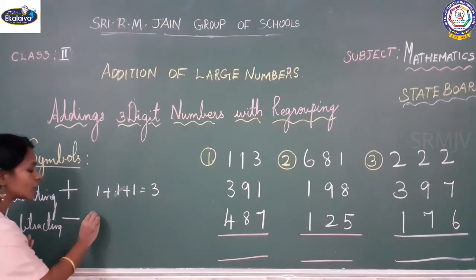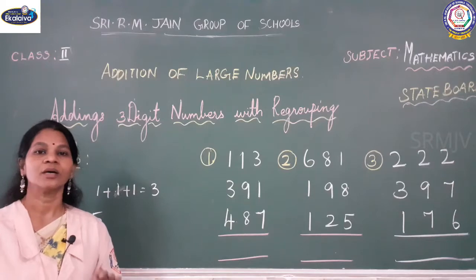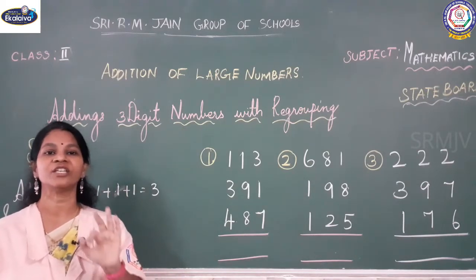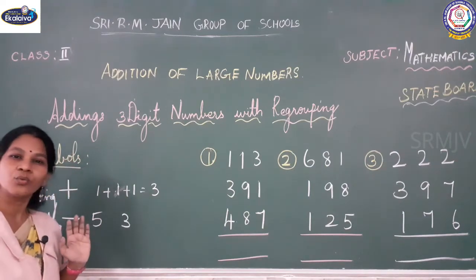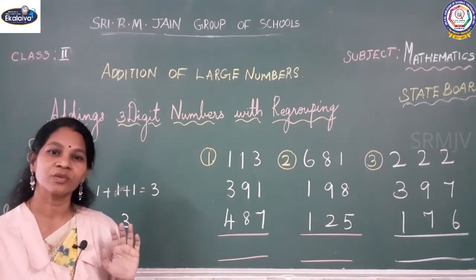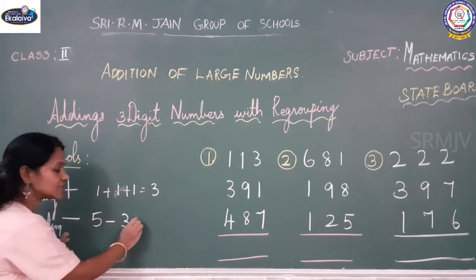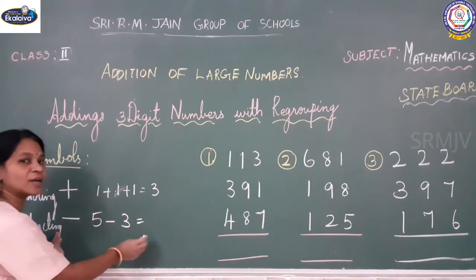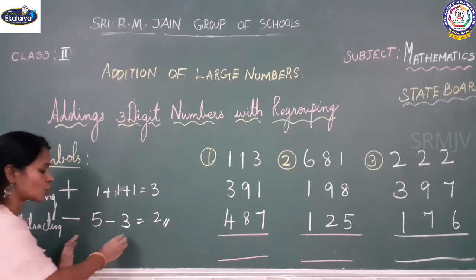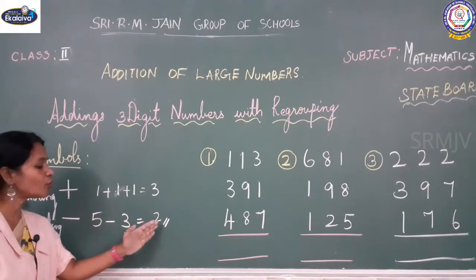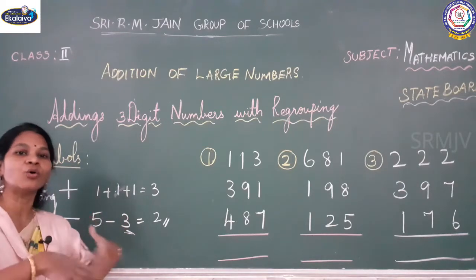Subtracting. See, you are having 5 chocolates. Your dad gave 5 chocolates to you. In school, to your friends, you are giving 3 chocolates. Then what is the remaining chocolate with you? See, 5 minus 3. Okay, 5 minus 3. How many chocolates will be with you at the time? If you give these 3 chocolates to your friends means how many chocolates will be with you? Only 2 chocolates.